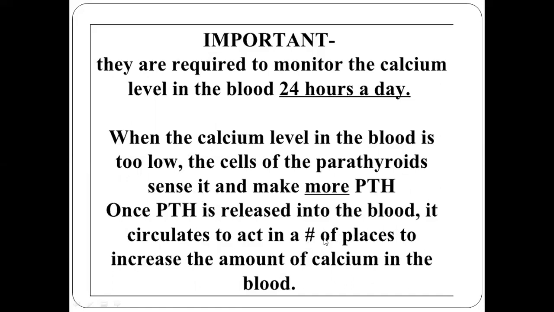It increases the osteoclastic activity of the bone, and it releases the calcium from the bones. It increases the absorption of calcium from the small intestine. It increases the absorption of calcium from the proximal convoluted tubule, and it inhibits the absorption of phosphate. So via the absorption from the small intestine and PCT, and release of calcium from the bones, it increases the calcium in the blood. So this is the normal mechanism.